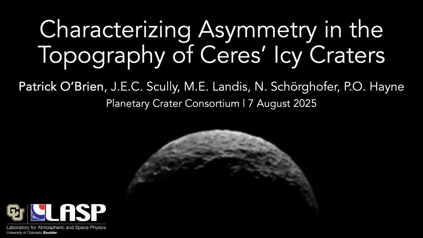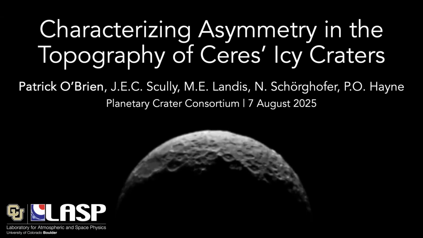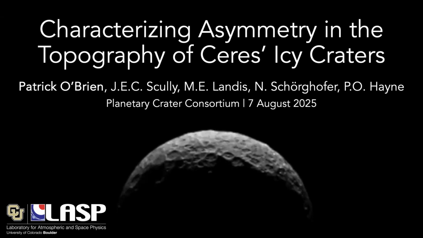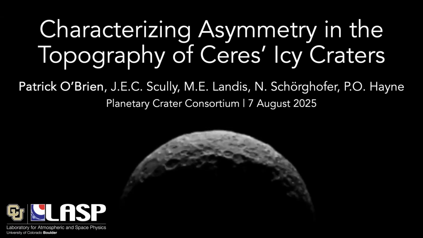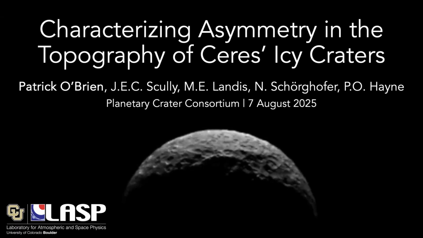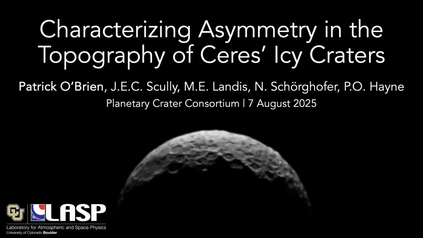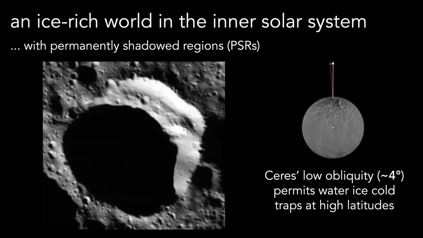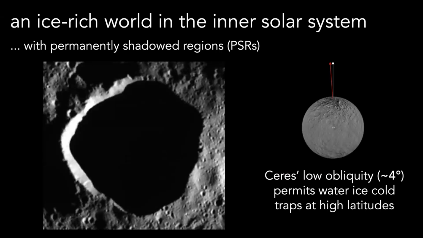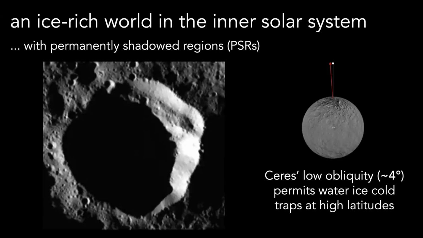All right, thanks everyone for sticking around for one more talk. I'll also be talking about bright stuff in craters, this time on Ceres, which is apparently the most outer solar system object in our potpourri. But that's okay because Ceres is this interesting intermediate case between the icy worlds of the outer solar system and